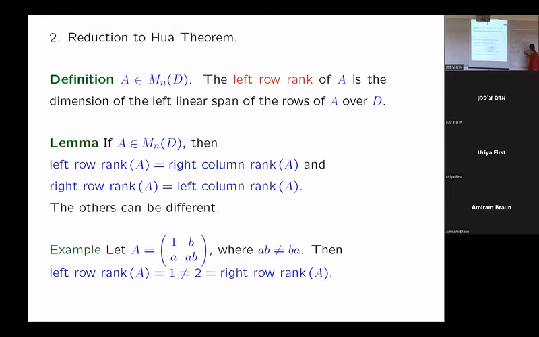For example, you could deduce automatically that the map is invertible. Why? Just look at the kernel of T. If you look at the kernel of T and you assume by contradiction that it contains some non-zero element,